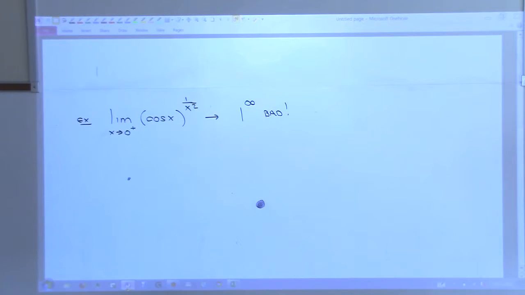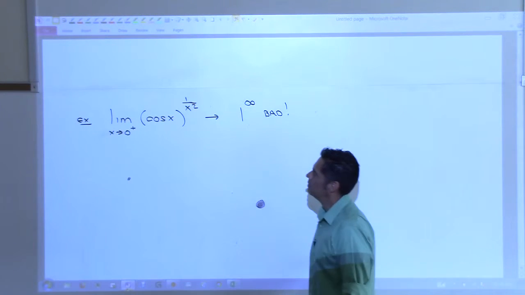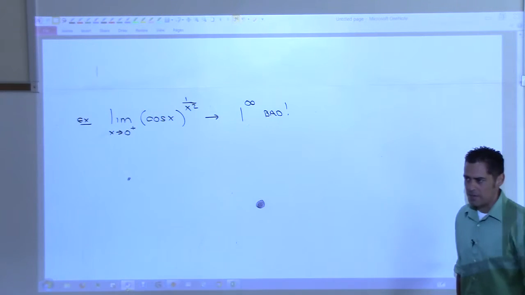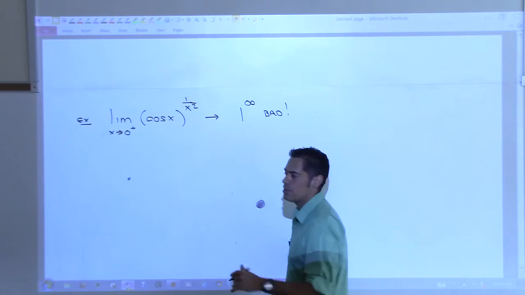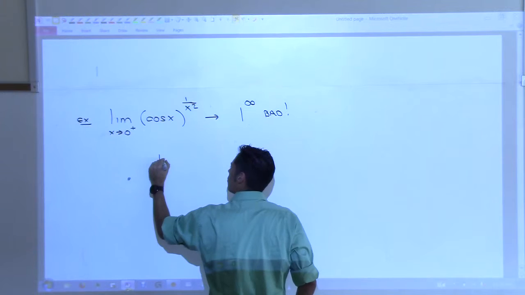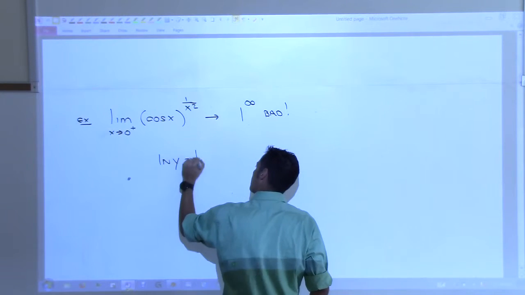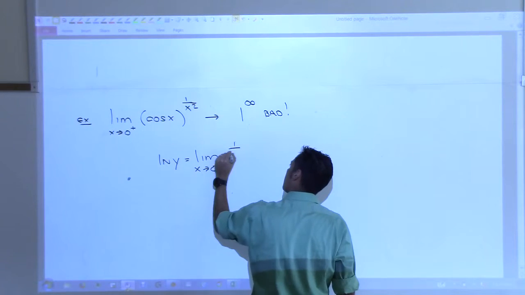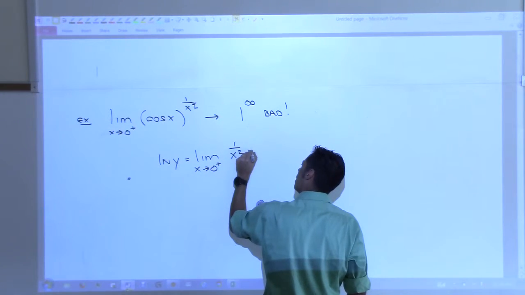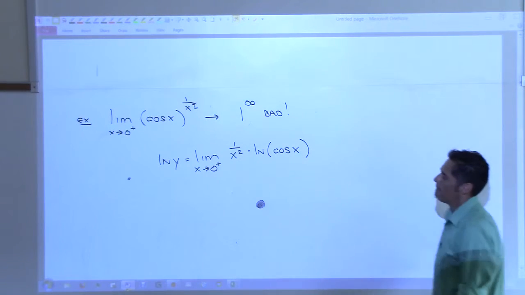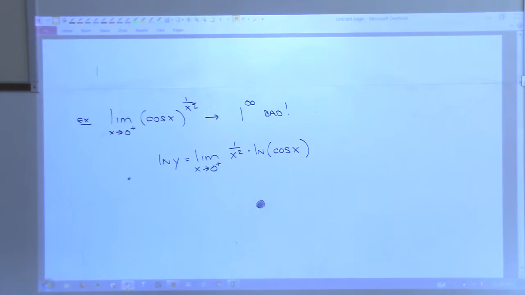All right. So we're going to bring in the natural log on both sides, and we're going to drop the exponent. And I'm going to do it all in one step. So I'm going to do natural log both sides. I'm going to call this y. So natural log y equals limit x approaches 0 from the right. I'm bringing down the 1 over x squared in front. And then I have natural log of cosine of x. Did I do too much there in one step, or is that all right? It's okay?